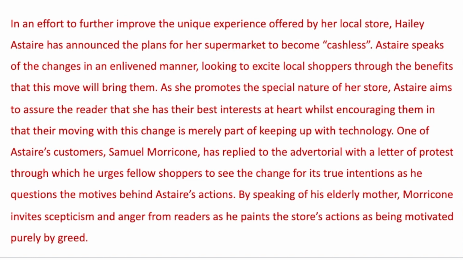And so this first thing that we see here is this idea of exciting the reader. And so we have that first idea of looking to excite local shoppers through the benefits that this move will bring them. She promotes the special nature of her store. She looks to assure her reader of these things, that she has their best interests at heart, whilst also encouraging them that moving with this change is merely part of keeping up with technology. And so what you can notice there is that